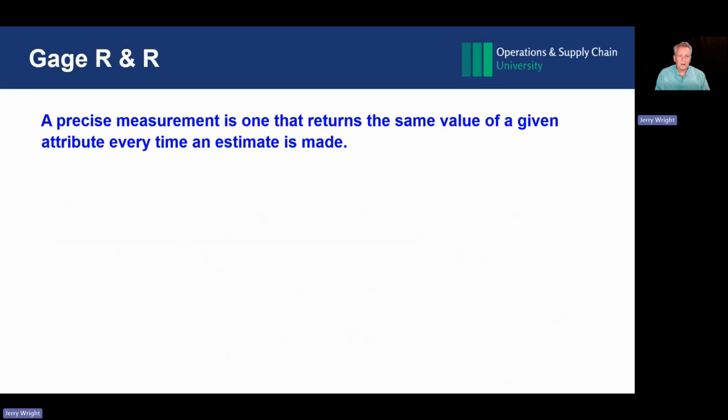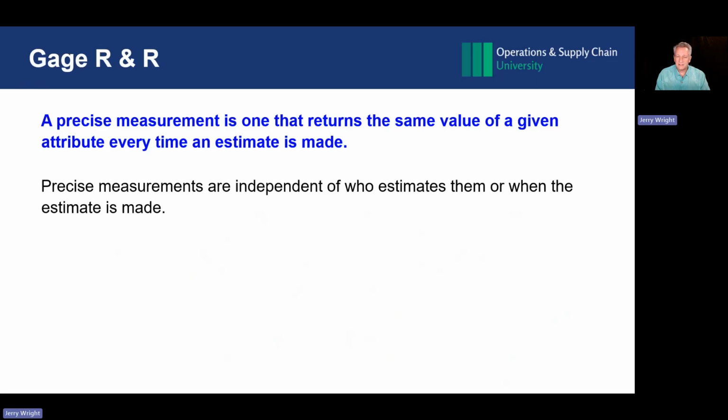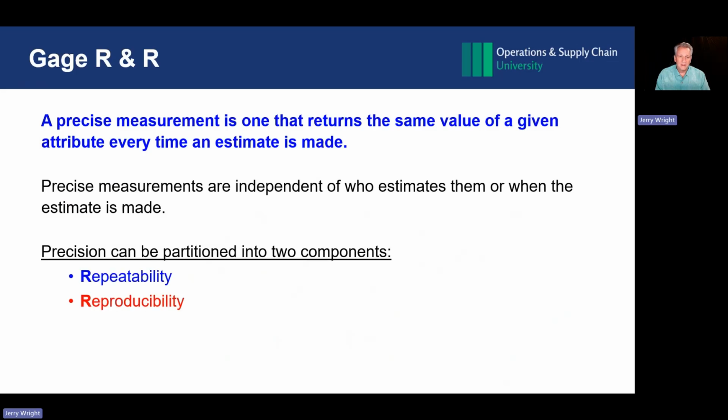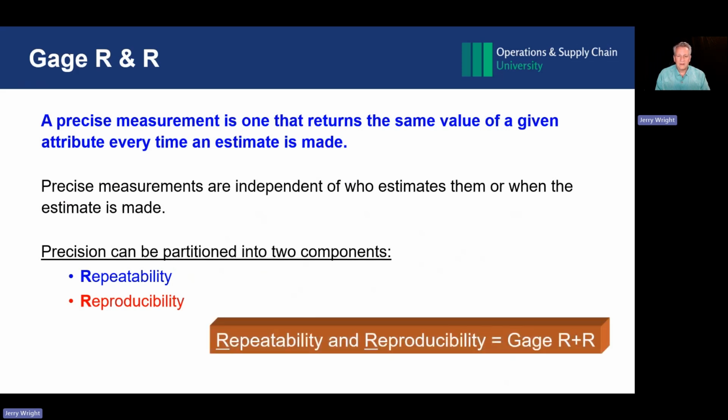So Gauge R&R. A precise measurement is one that returns the same value of a given attribute every time an estimate of that measurement is made. Precise measurements are independent of who estimates them or when the estimate is made. Precision can be partitioned into two components: repeatability and reproducibility. So again, repeatability and reproducibility is Gauge R&R, a key way of looking at, do I have a capable measuring